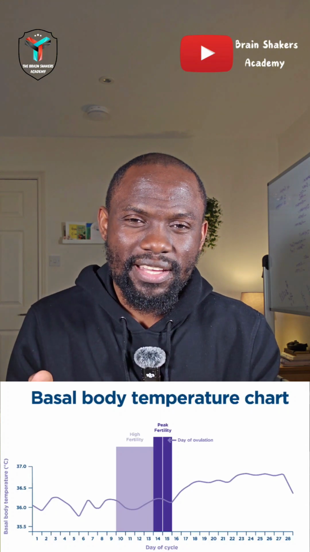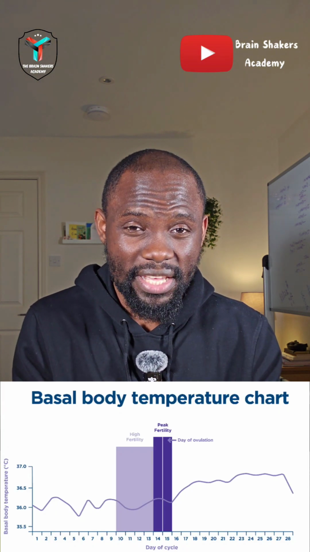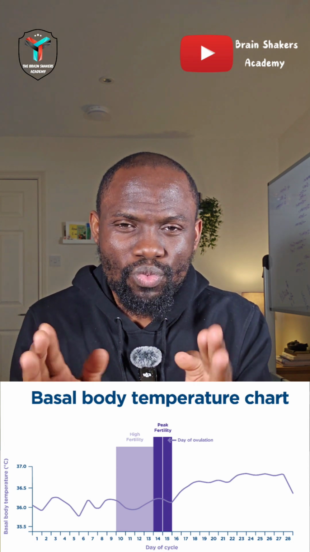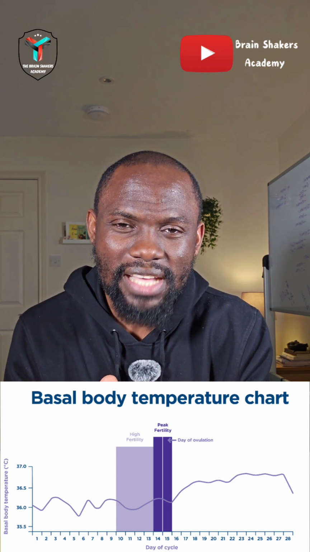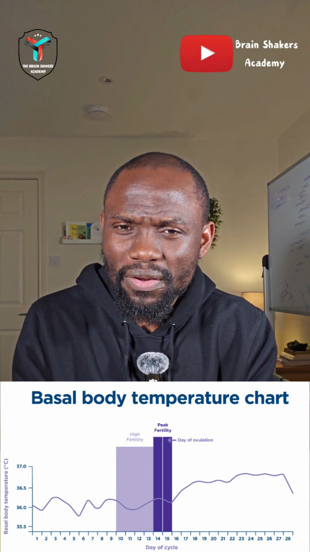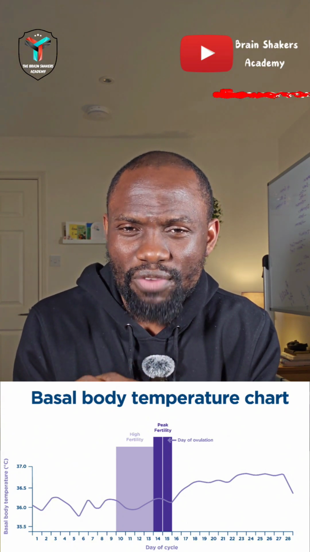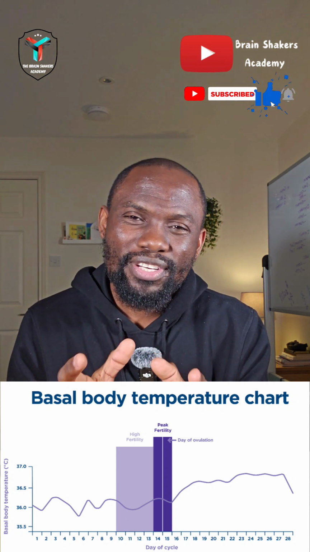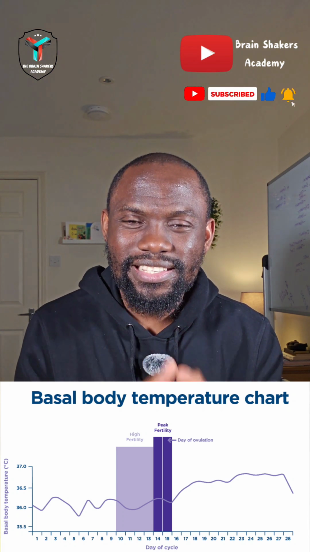So all you're going to do is, after you have finished that entire cycle, so 6 days prior to the time of ovulation and about 2 to 3 days after ovulation, those will be the days that will be considered as your fertile days. It means that if sexual intercourse is allowed to happen around that period, then the chances of you getting pregnant are obviously going to be high. So this method is going to help you to understand when you are